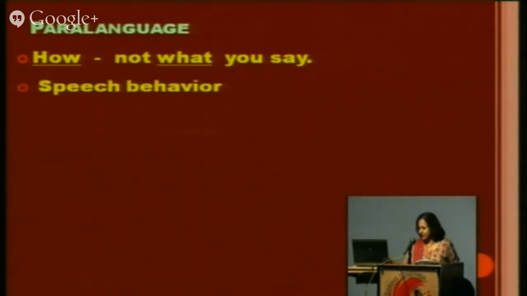So then we come to the para language. अब ये क्या है? It is how you say and not what you say. बहुत इंपॉर्टेंट है, राइट? आप नहीं बोलते और बोल जाते हैं। ये सारी चीजें क्या हैं? आपका स्पीच बिहेवियर क्या है, वोकल टोन क्या है, काफी चीजें हैं इसमें।